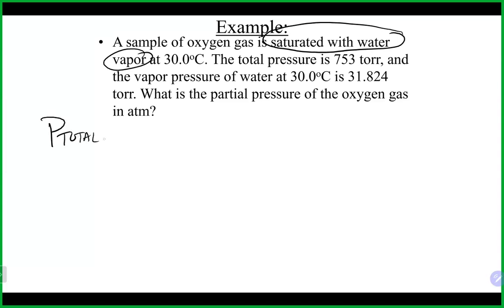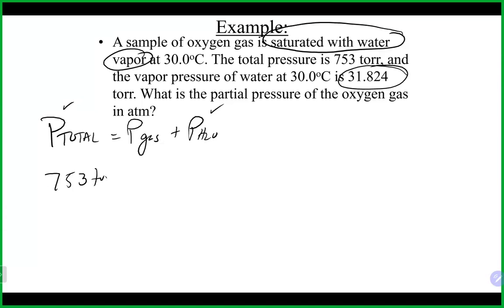That tells you the total pressure is the pressure of the gas we're interested in, plus the vapor pressure of water. Once again, they were nice enough in this case to give us the vapor pressure of water. If they did not give it to you, you would have to go to that table we just saw and look up the value. We do have the total pressure. So that basically means 753 torr is equal to the pressure of the oxygen, plus the vapor pressure of water that we got from a table. Our units here are the same, so we don't have to worry about anything not canceling correctly.